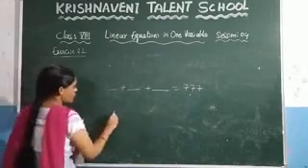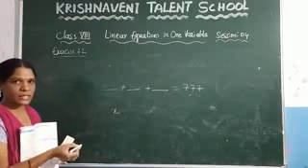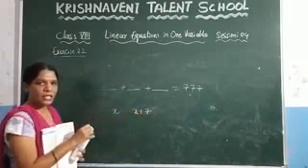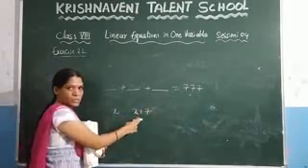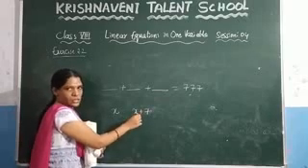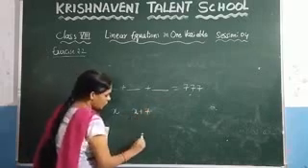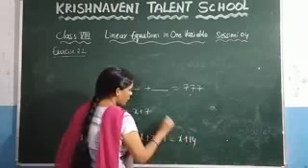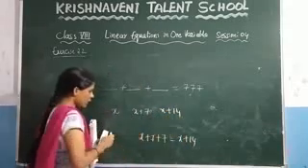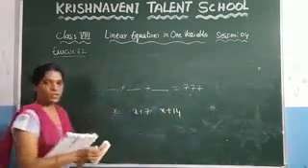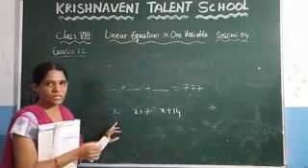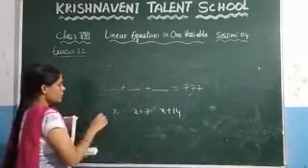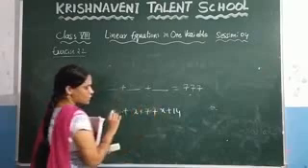Let us consider the first number as x. If you want to find the next consecutive multiple of 7, you need to add 7 to this number. And if you want to find the next consecutive number, you need to add 7 to this number. So x plus 7 plus 7. What you are getting here? x plus 14. Right? This is the third number. These are the consecutive multiples of 7. Let us consider the first value as x. If you add 7 to these numbers, you are getting the next numbers. So this is the first number, this is the second number, and this is the third number.